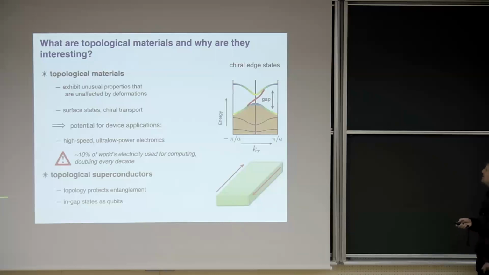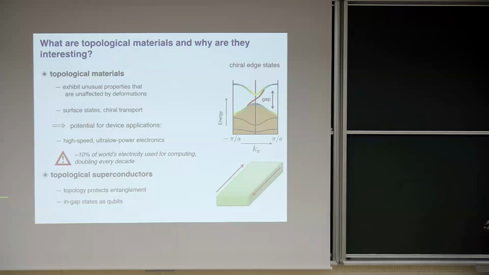This robustness of these surface states and also certain bulk properties of topological materials has led to the idea to use these systems for potential applications. This is very useful if you want to make an electronic device. You want to have something that is robust, because in a real-world application you might have some perturbations from the environment. So you want certain effects which are very robust. This has led to a lot of ideas to use these materials for applications.